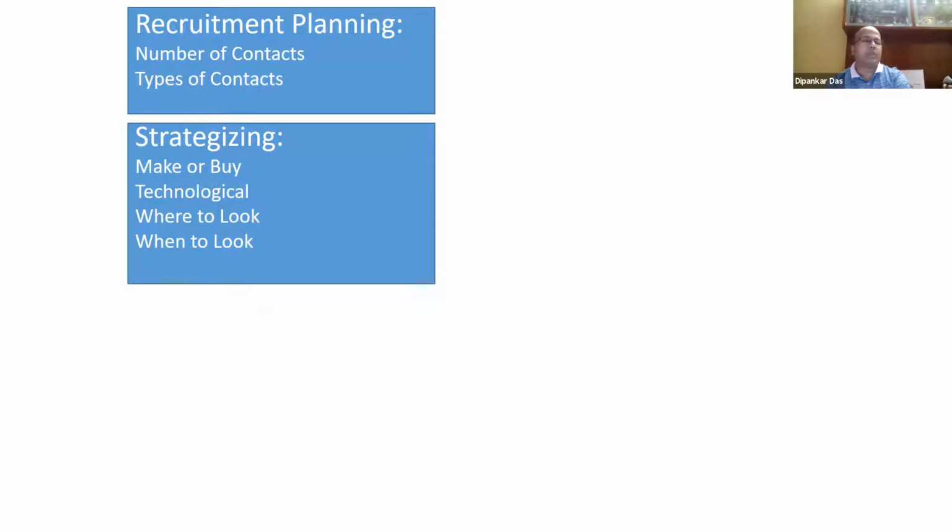Then you strategize whether it's make or buy. Do you want to develop some people within your organization for the higher level positions, or do you want to get people from outside? What kind of a profile are you looking at? What sort of a technological ability are you looking at in these profiles? Then where do you want to scout for this kind of talent? Do you want to go to your competitor organizations? Do you want to go to the campuses? Do you want to go to maybe organizations which are not your competitor, but which are good hunting grounds? For example,